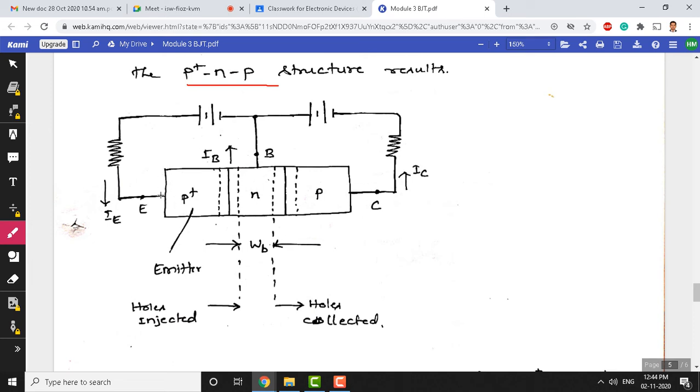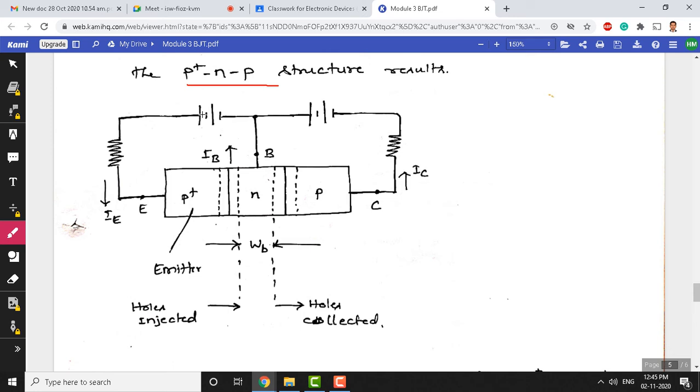Okay. In this structure, you are seeing an emitter terminal extracted from the emitter region. This region we call the emitter because it injects holes into the base region and the collector region, and this region collects the holes emitted by the emitter. Therefore, this region can be called the collector, and the region seen in between this p plus and p is nothing but the base region here. This region is very important because the holes injected from the emitter to the collector can be controlled using this base region. So the area of this base region and the doping all matter in allowing the holes injected from the emitter to reach the collector here.